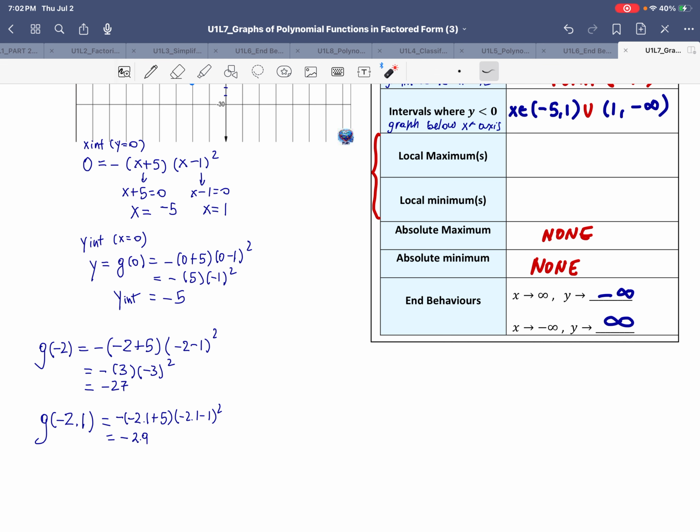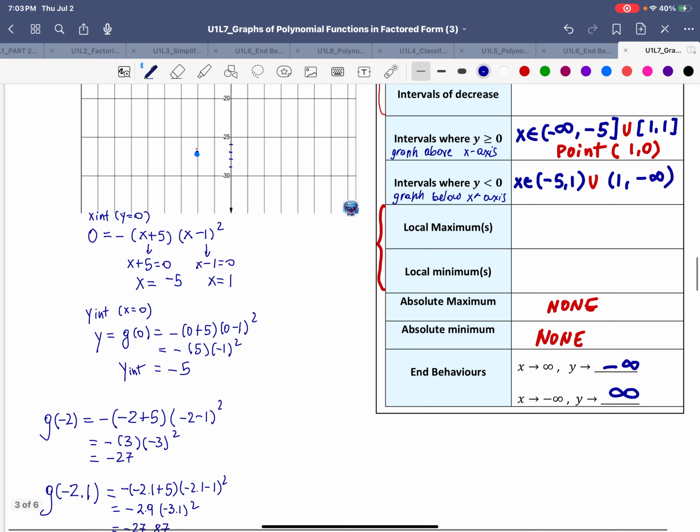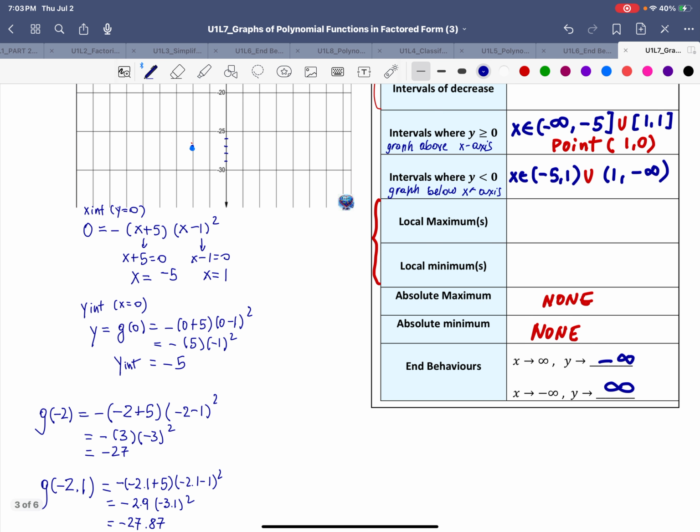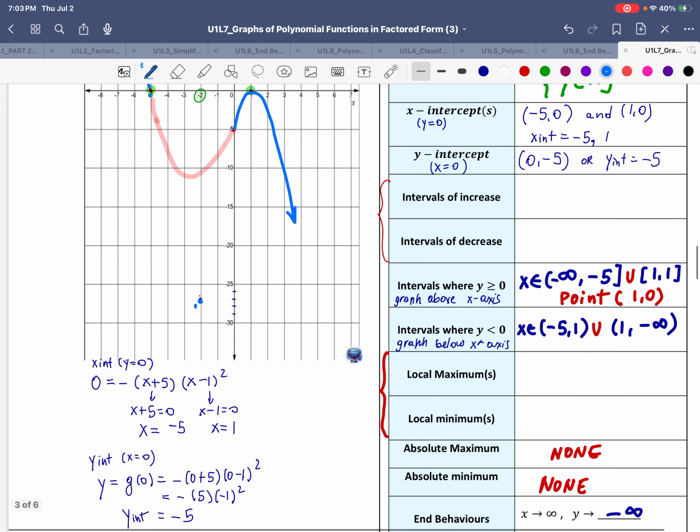This negative sign will multiply negative 3.1 squared, so negative 2.9 times 3.1 squared. If you multiply, then we will get in here negative 27.87. So what that means is that the function is indeed going further down for x values that are less than negative 2.1. Now, remember how I said that I have a feeling it's going to be lower in here,